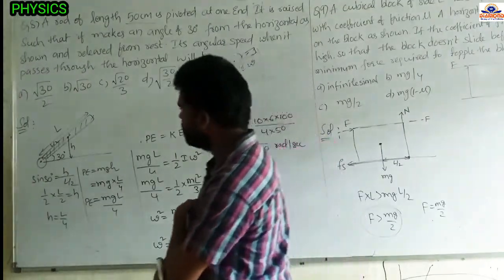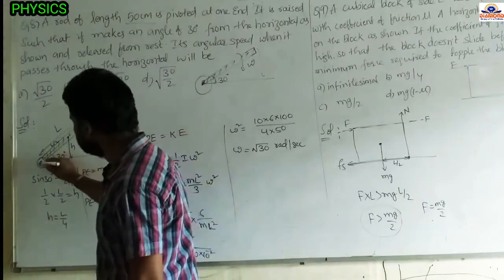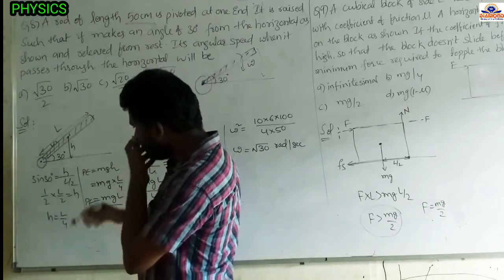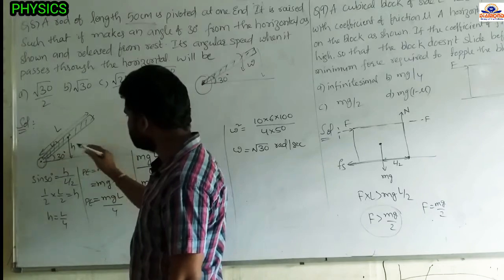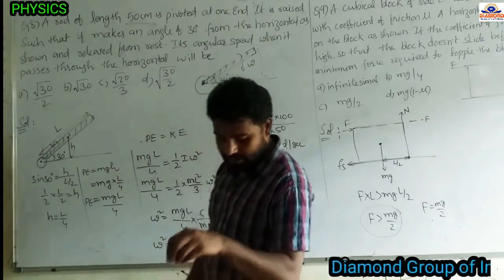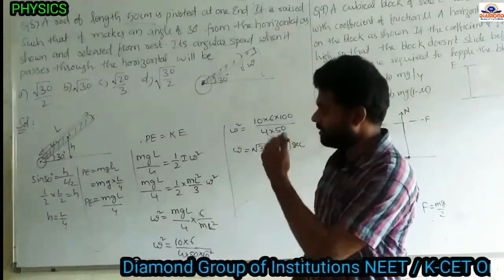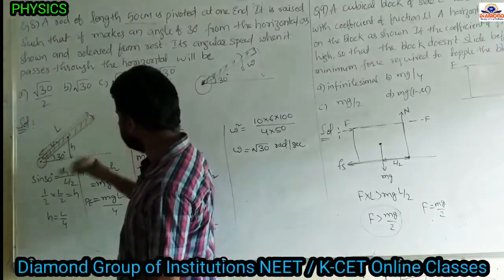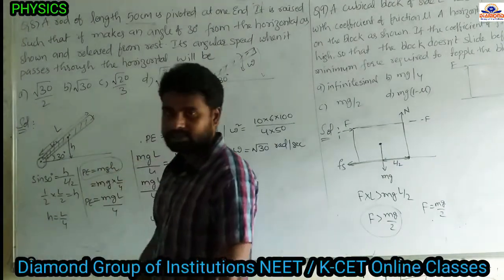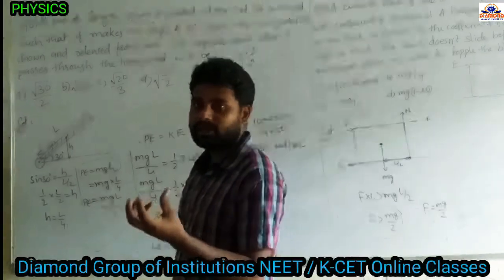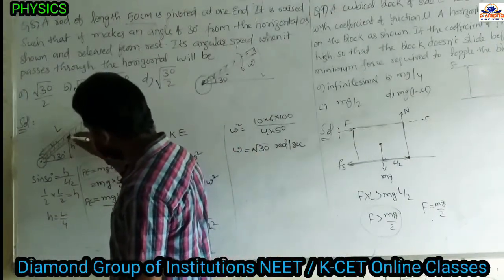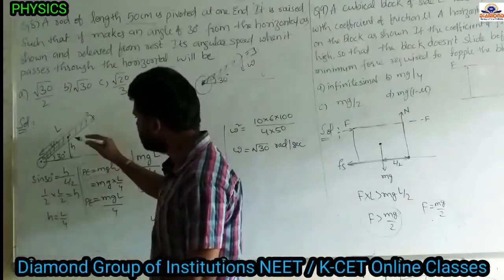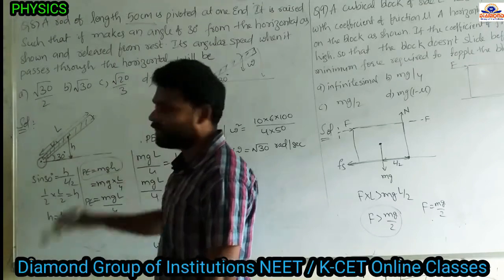So here I have drawn the diagram. The rod's length L is 50 centimeters here. Whenever it is making 30 degrees with the horizontal, in this position it has velocity equal to 0, at rest. Then we have to find the potential energy. The formula is m into g into h. This height is the height of the center of mass from the horizontal, since mass is distributed uniformly. This height we have to find.